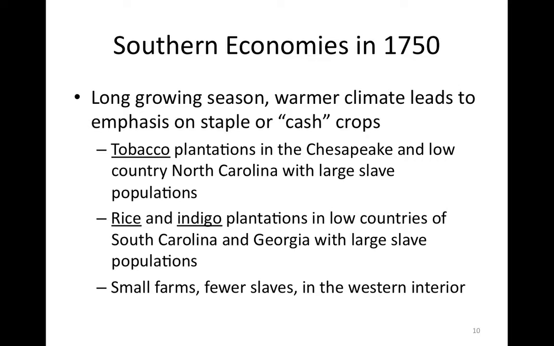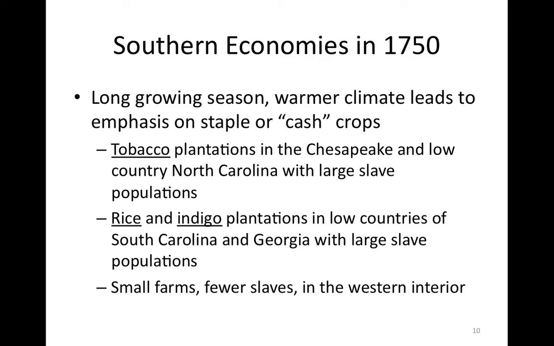In the kind of marshier, lower-lying areas of South Carolina and Georgia, so think like Savannah today, that kind of area in Georgia, the eastern coastal region of Georgia, those places were also suitable for rice cultivation and indigo, which was a plant used to dye, like a purple dye, which was very popular in Europe too. And so you had large plantations down there,